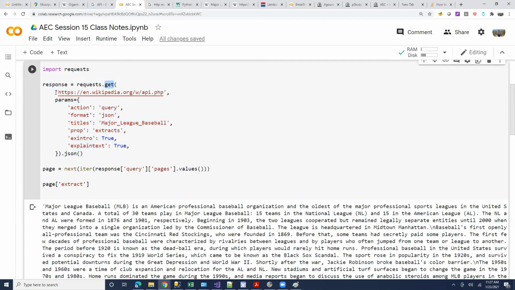So I said request.get, I'm asking Wikipedia's application programming interface to query and return a JSON string for this title, Major League Baseball.